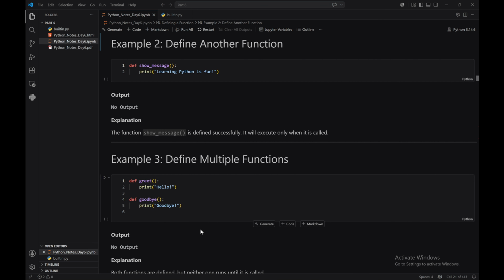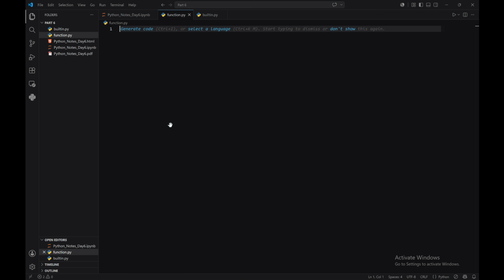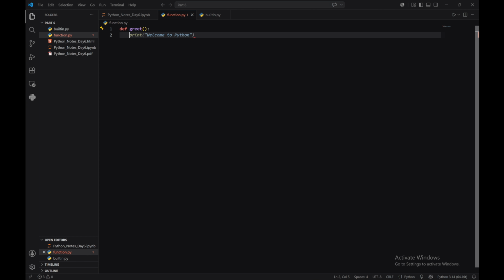So third is calling of function. We can create a function.py file. We can create functions such as, let us create a function def greet, no, let us go with just greet, which will print welcome to Python, and